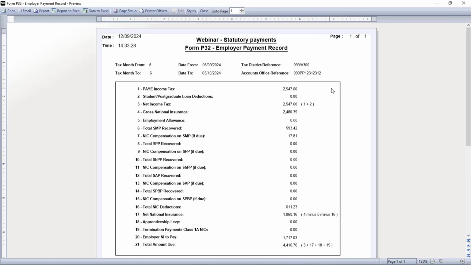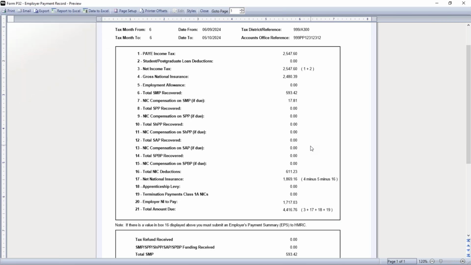And if I just zoom in slightly for you, you can see this report has totaled the PAYE income tax, any student or postgraduate loan deductions, and gross national insurance. But then it's got the amounts I've recovered for SMP, which was the full amount of SMP plus the NIC compensation, which is a total of 103% of what I paid out. Now what that means, the total amount due has been reduced, and I need to report this reclaim by sending an EPS. So this is what I pay over,